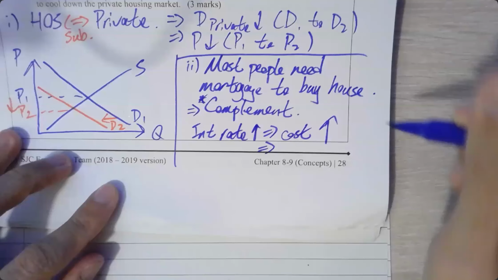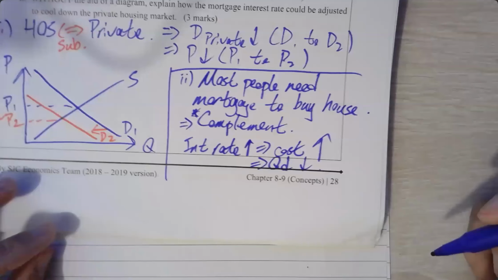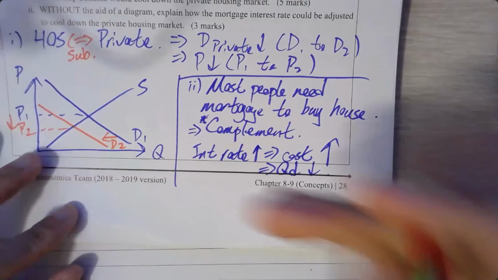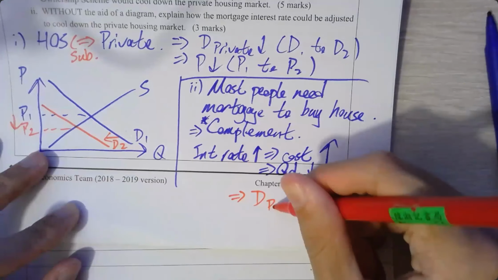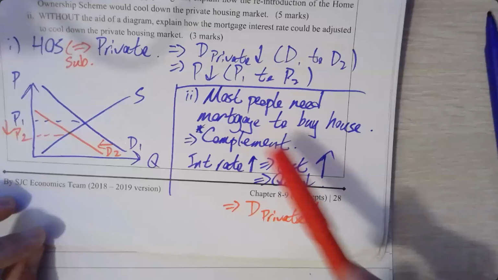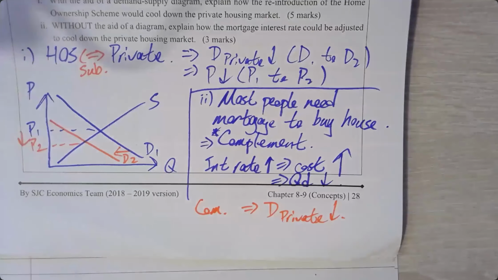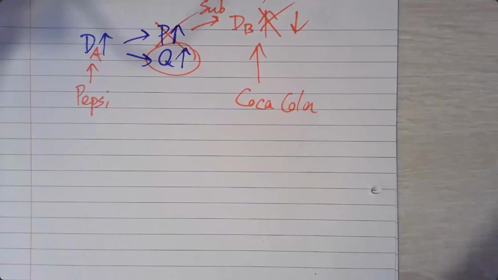Therefore, by law of demand, the quantity demanded for mortgage would decrease. By the complementary relationship, this would also result in a decrease in demand for private housing. OK, 好嘛？所以啊，按揭加息咯，咁啲人咪借唔到咯，係咪？